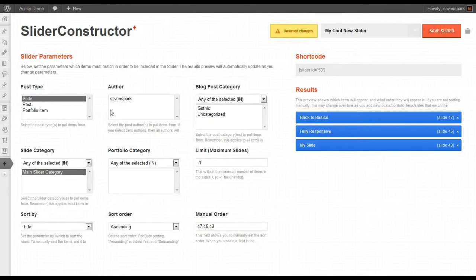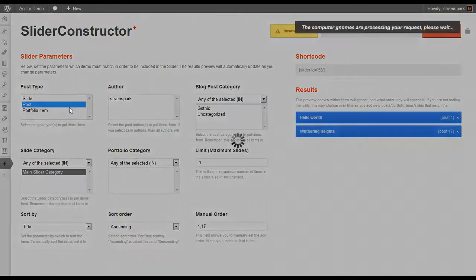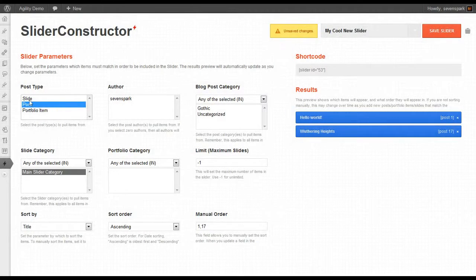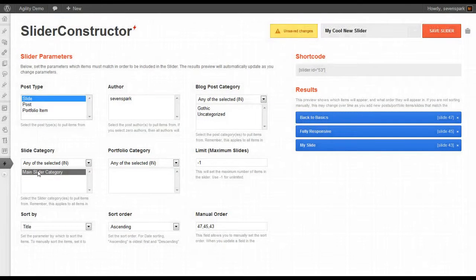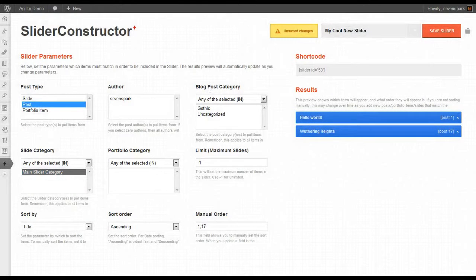The other thing I want to cover is using multiple post types. So it's pretty easy to make a slider that uses slides or just posts. When you're working with slides, you can choose by slide category, and when you're working with posts, you can choose by blog post category, and with portfolios, you can choose via portfolio category, etc. But if you've chosen two of them,